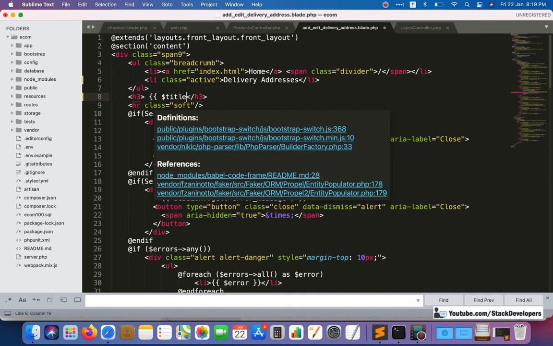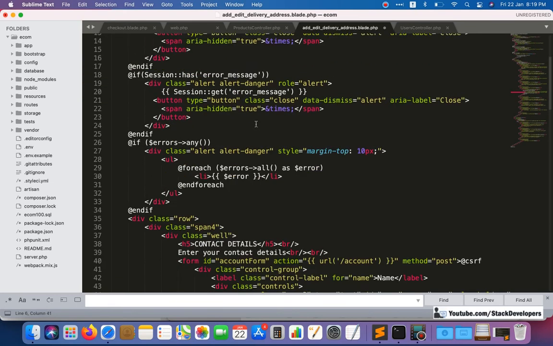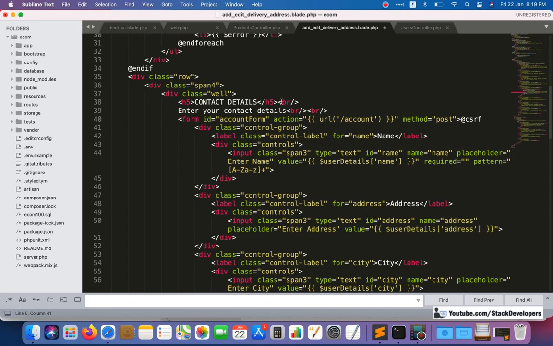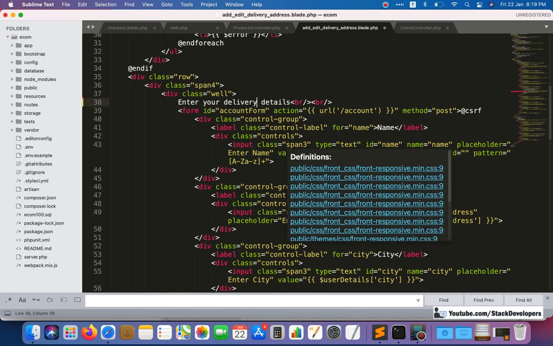Okay, like this. Here we can use the delivery addresses, and after going down, this one is not required, we can just enter here, enter your delivery address details.